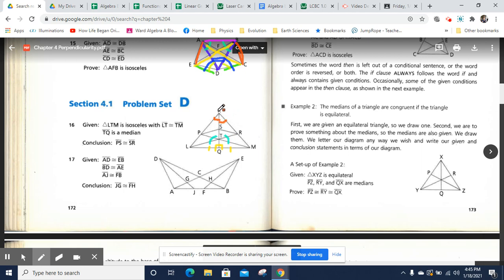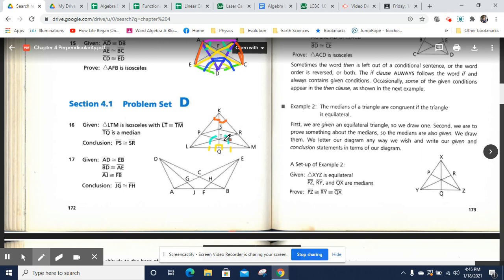We can easily state, of course, that, well, let's actually keep building. So now we can say these angles are congruent. We can now prove that KPT and KRT are congruent. I see how it's like building our way up to KPS and KRS. Okay, we can prove that because,